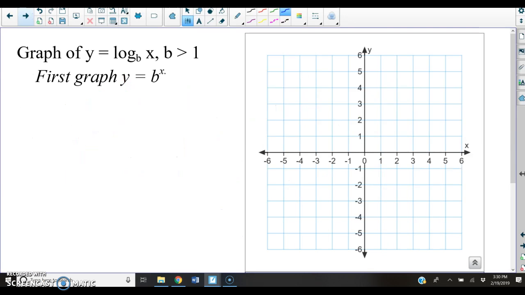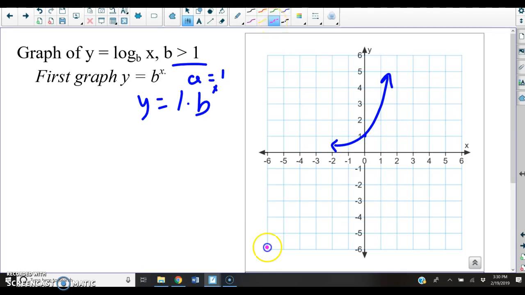Graphing these. Oh, these are not easy to graph, but we'll try it. Okay, base is greater than 1. And since a is 1, we got y equals 1 times b to the x. Anything to the 0 is 1, and then whatever b is, it's going to go up this way. Well, what does an inverse do? An inverse is going to